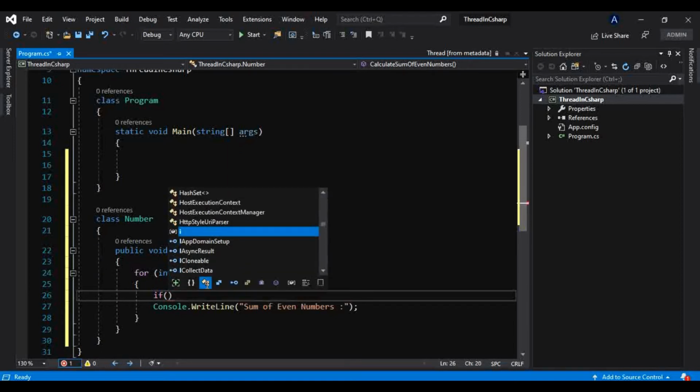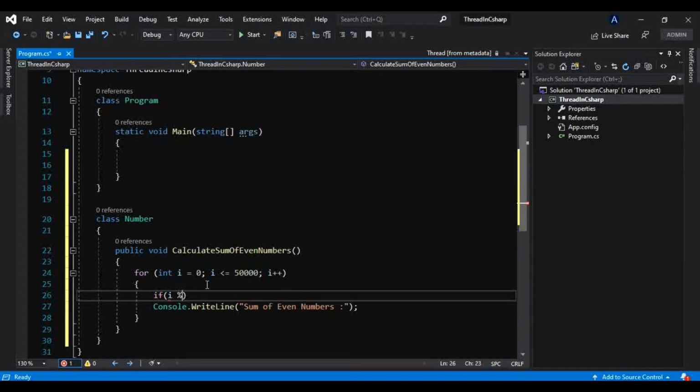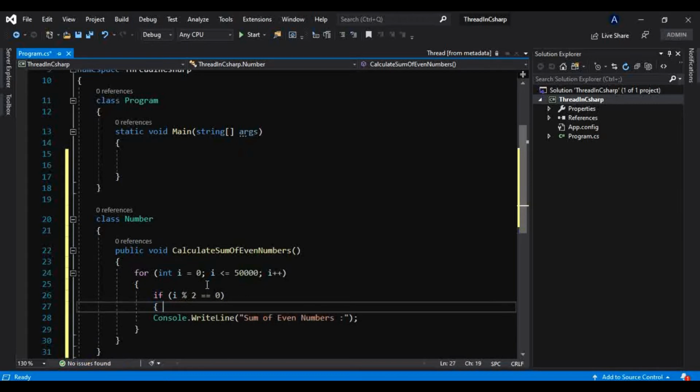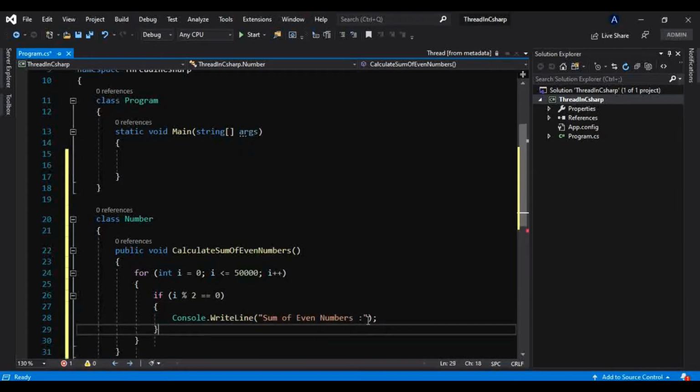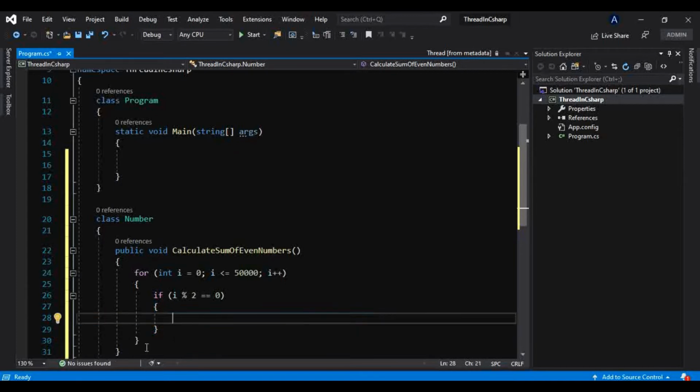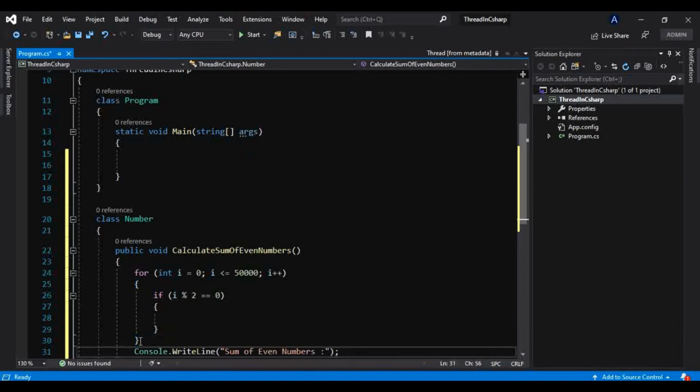So if i modulus 2 equals 0, then and only then we will add that to the sum, and we will not print that here, we will print that outside this for loop.